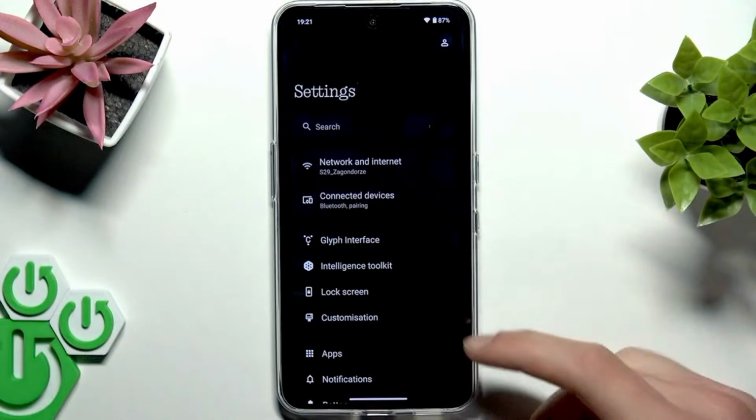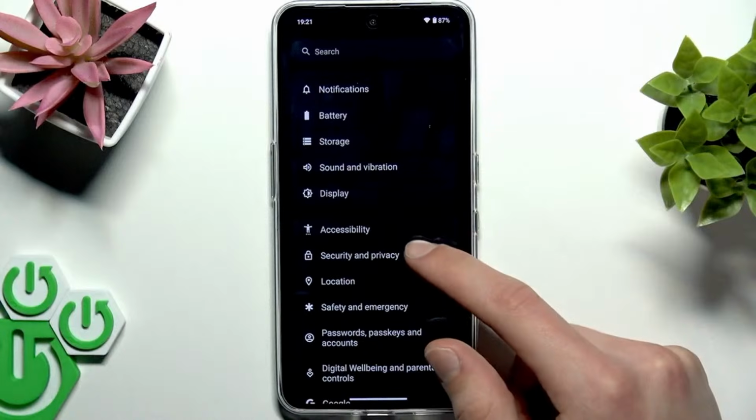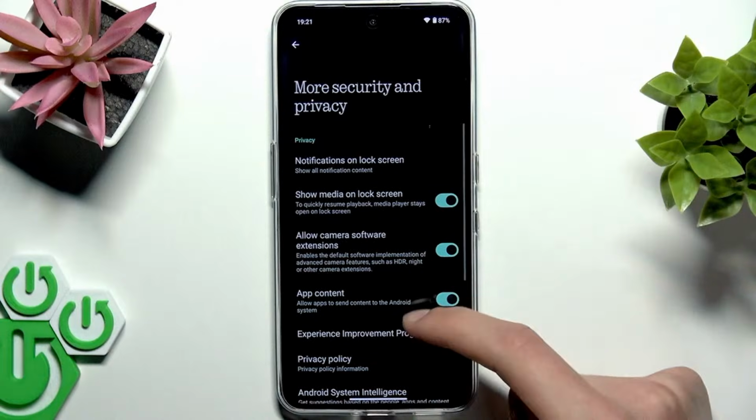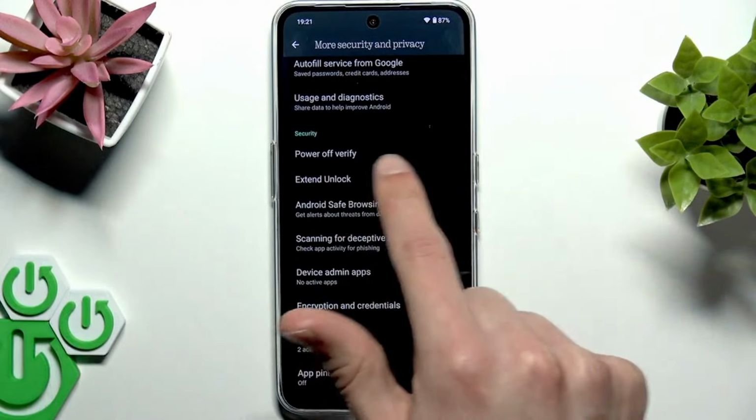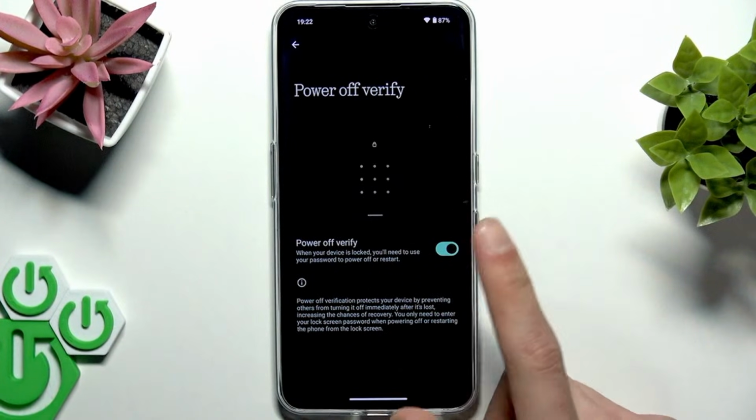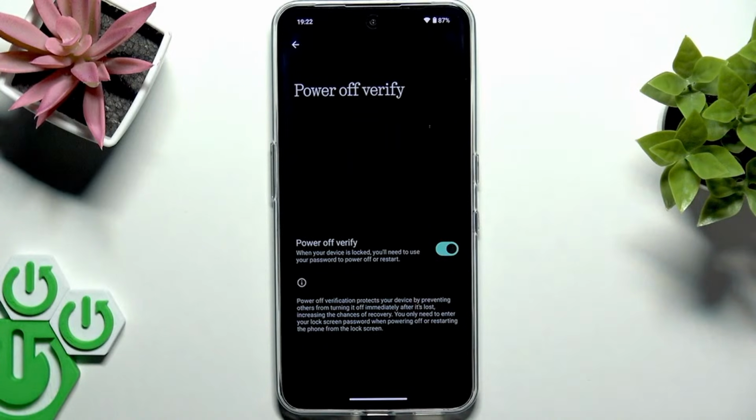First, let's go to the Settings application, and then let's open Security and Privacy section here. Navigate all the way down to More Security and Privacy menu, and in this menu, select Power Off Verify in Security section. If you enable this feature, you're gonna have to enter your lock screen password each time you want to power off your device, and therefore, if someone steals your device, they will not be able to power off your device unless they know your device's password, which increases your chances of device recovery,